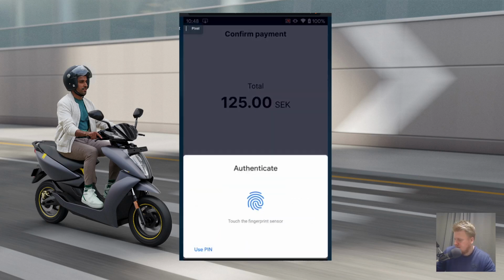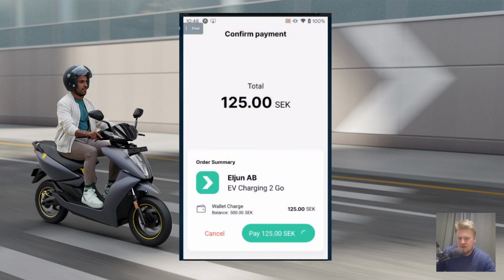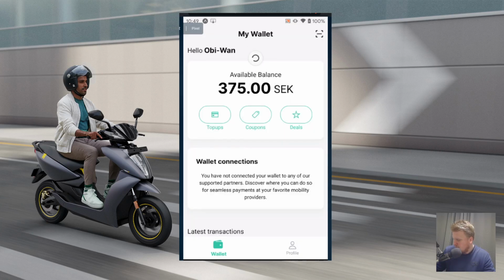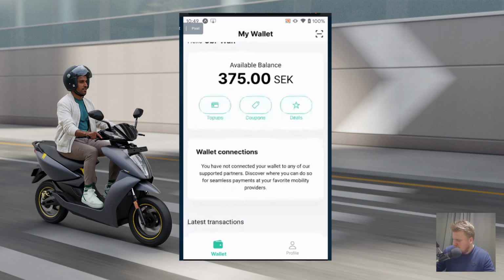So I will confirm this. And then you see on the operator side, again in this demo, this is an EV charging, so I need to actually provide some basic information about this charge, right? Right. That's it. Now the payment has gone through,